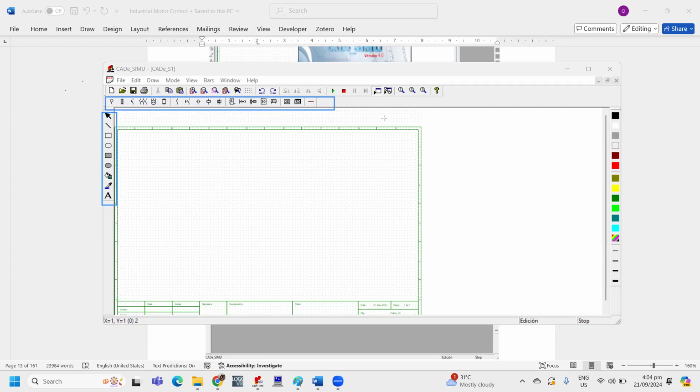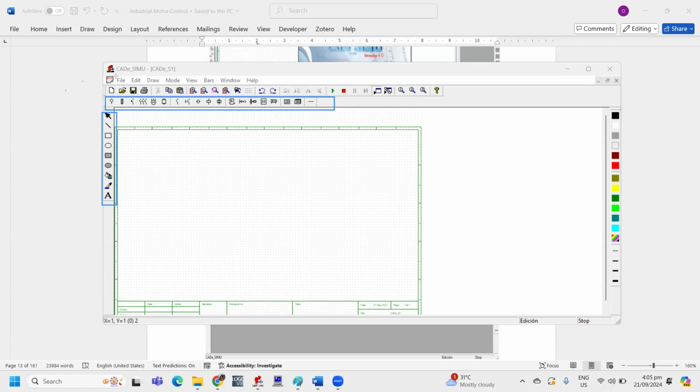This is the drawing toolbar for your circuit design. Individually, we will see what these icons are, what the drawing toolbar is, and what the standard toolbar is.